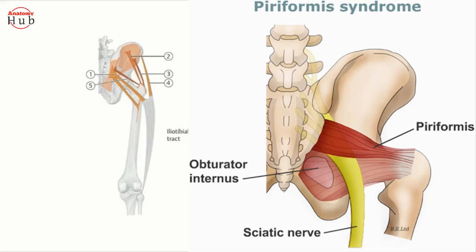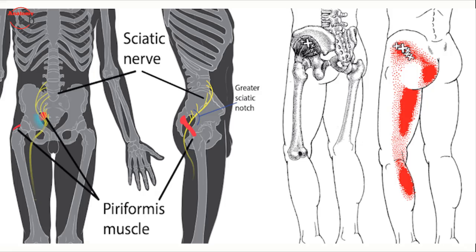Mainly the sciatic nerve passes inferior to the piriformis muscle, okay. So tightening or shortening of the muscle can compress and irritate the sciatic nerve, and that will cause pain, numbness, paresthesia, tingling sensation in the buttocks region and the posterior part of the thigh,